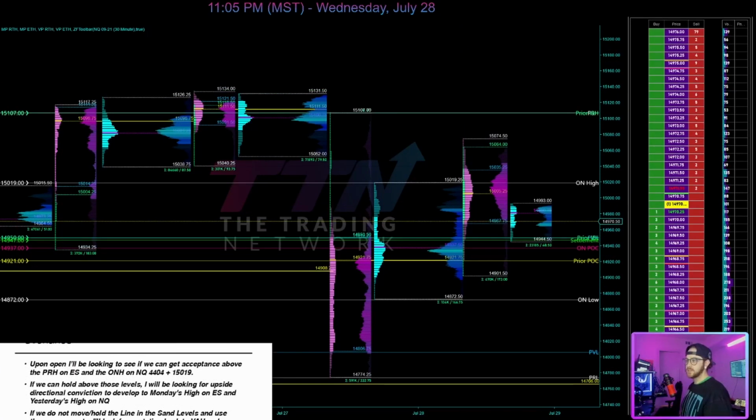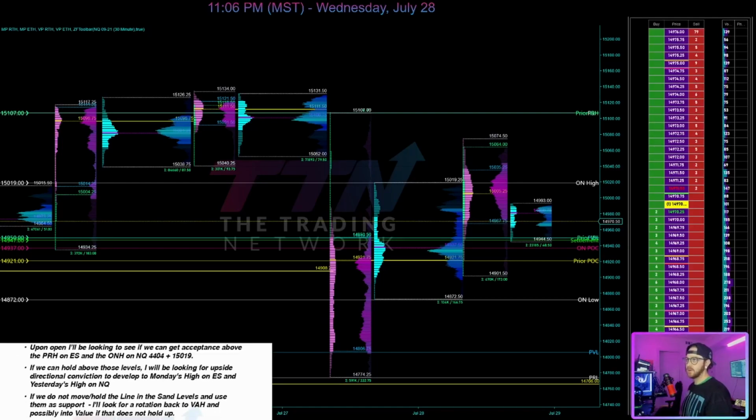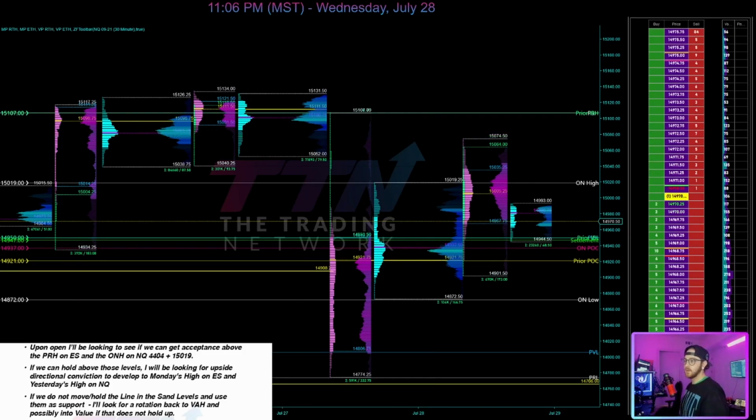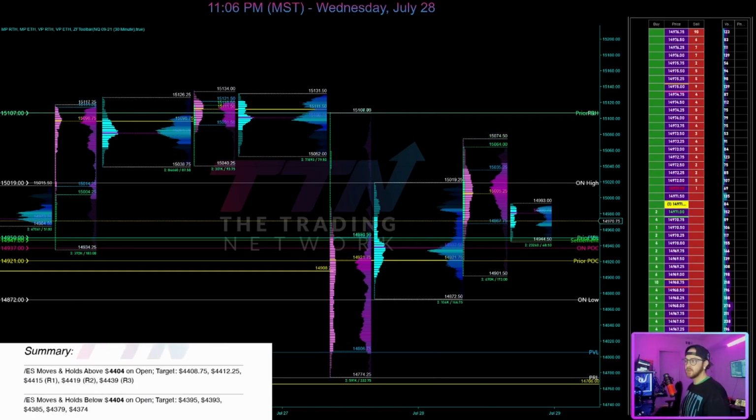So moving into these scenarios, just to reiterate a little bit, upon open, I was looking to see if we could get acceptance above prior range high on ES and the overnight high on NQ. If we could move and hold above, you guys know the deal. I was looking for a move into these higher levels, which we did not get. And if we did not move and hold above, I was looking for that value area rotation, which we did get, okay? So I won't waste any more of your time reiterating the same technical analysis, and we'll move right